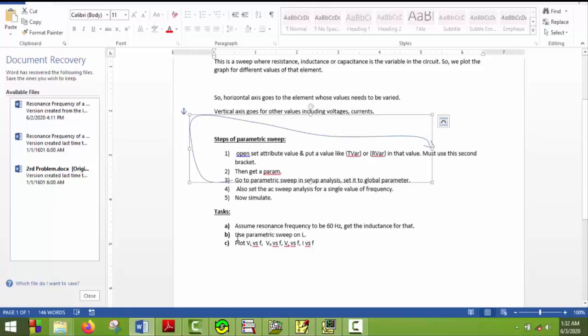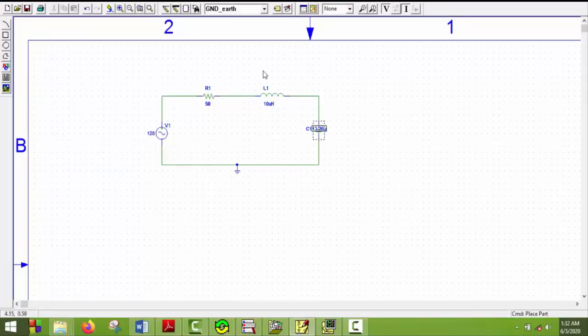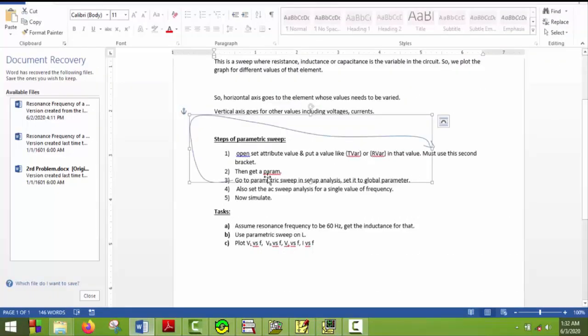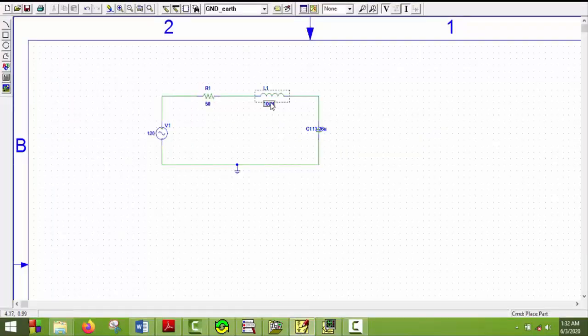So let's move on to the second problem. Use parametric sweep on L. So we'll have to do a parametric sweep on this inductor. Okay. So let's have a look at the steps of parametric sweep. We'll have to open the set attribute value at first. So we'll open the value at first, set attribute value,